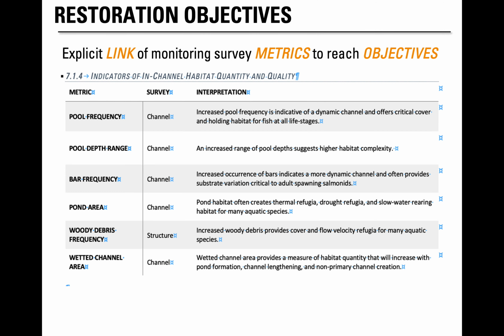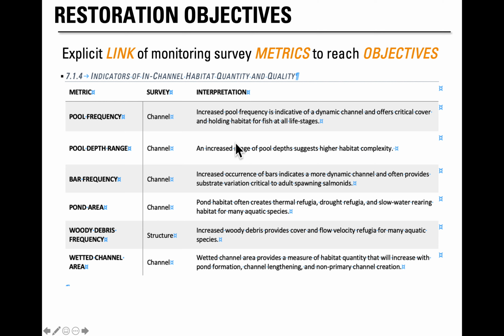Okay, so the last thing I want to quickly mention is that these survey protocols have really been designed to generate a number of metrics that can be linked directly to objectives. So for example, this table describes indicators of in-channel habitat quantity and quality. It gives you a number of metrics, which survey those metrics can be generated from, and a small interpretation that links those metrics directly to objectives.